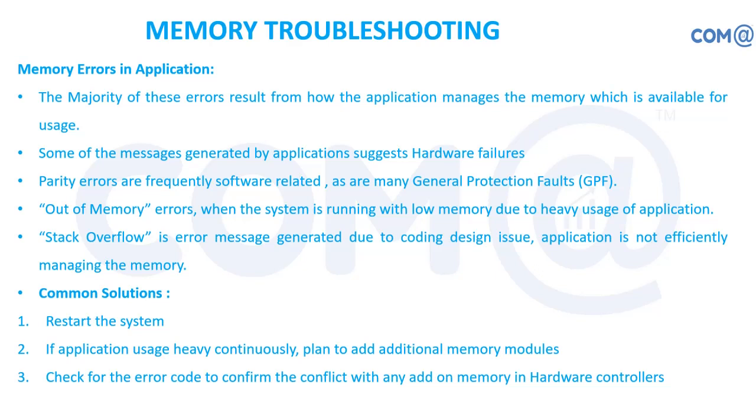It may be expecting a 64 GB memory module, but we don't have that much. We have only 16 GB, assume. So we'll have to manage the application in a way that it consumes less memory, and while running the program, we have to ensure we are not running big programs, because you have only a desktop system. It is not a high-end server, so we should plan for it. Normally, while choosing the product, we should not go for enterprise editions in normal systems. We have to go for a normal edition, which is used for application development and other purposes.